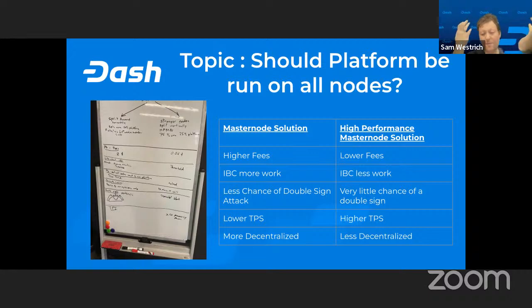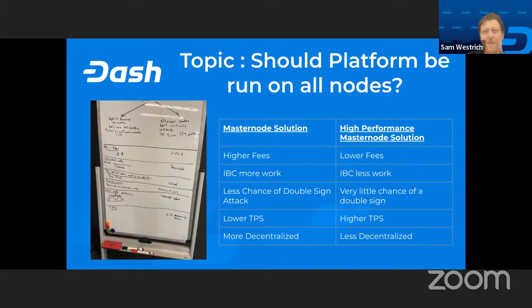Also, the high performance masternode solution will have a much higher transactions per second, basically because the nodes would be expected to be much stronger. So if you're running a high performance masternode, your node should be around 10 times stronger than the normal masternode, which would in turn allow us to have a much higher transactions per second.